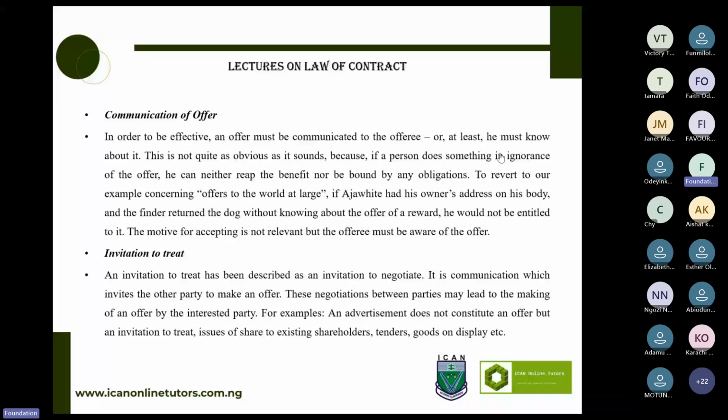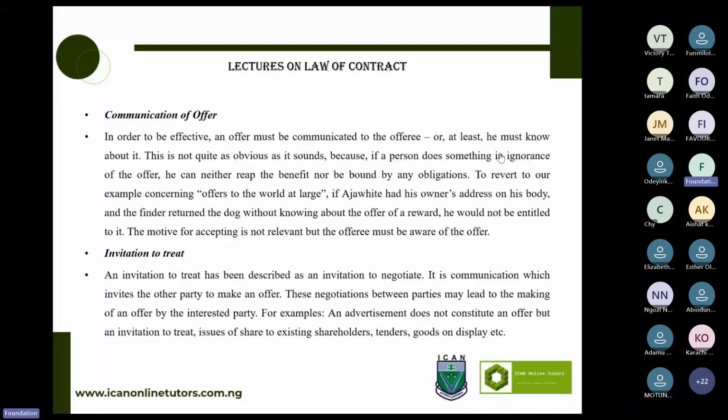Yes. But sir, there's something that happened in this scenario. You need to change your price. You need to change your mind to now go for that price. So there is a regressive reflection. That is what invitation to treat does. Invitation to treat is just a communication, a mere expression, a mere action, but you are the one that will act on it at the end of the day. You are the one to make the offer at the end of the day. So that is what invitation to treat is all about.